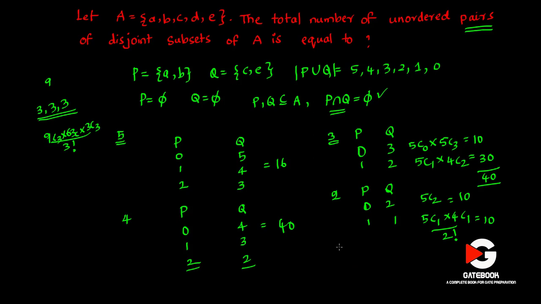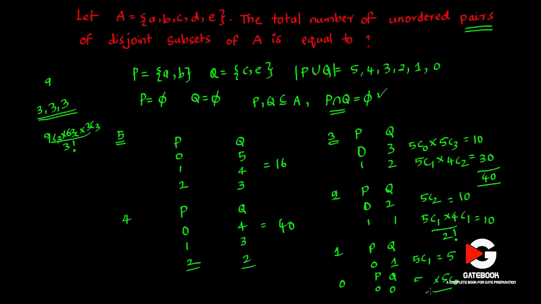Alright. So what about 1? If you take one element, then the only possibility is 0, 1. Then it would be 5C1, which is 5. The last combination is 0. If I take 0, then P, Q would be 0, 0, the empty subsets. Don't apply the formula for the empty set, because the formula won't give the correct answer as there are no elements. For this problem, directly we see there is only one combination.